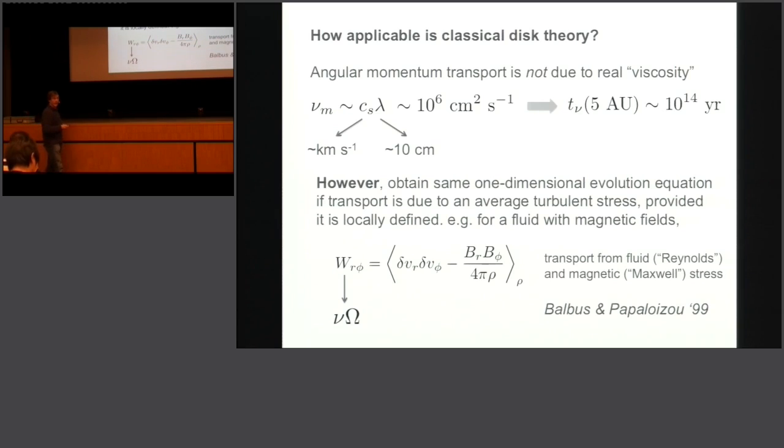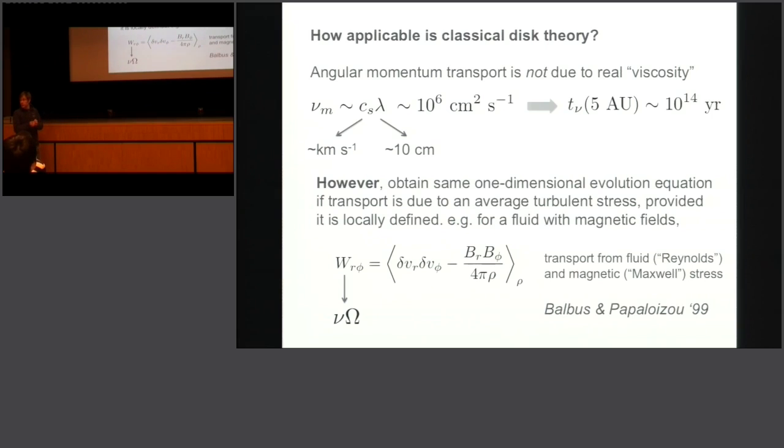So even for a theorist and even to astronomical precision, this is a failure of the theory, right? We want the disk to evolve on a million-year timescale, and here we are 8 orders of magnitude longer than that. So if there was nothing else going on in the disk apart from really the true viscosity of the gas, there would be no reason for the disk to evolve at all, and all the stars that had ever formed in the universe would still have their disks surrounding them, and nothing would have happened there. So ordinary viscosity, the kinematic viscosity of Navier-Stokes theory, has really no role to play in disks except on very,